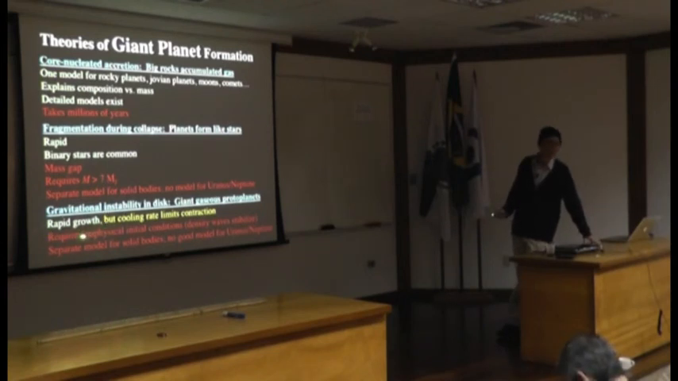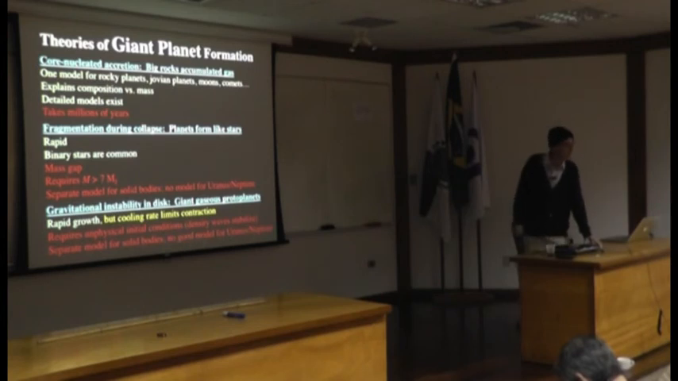You start with a disk and having instabilities. It is rapid, but it's kind of tricky in terms of getting it to cool off enough and form the giant planets. And it requires some unphysical conditions, separate models for small bodies, and also a really good model for these intermediate